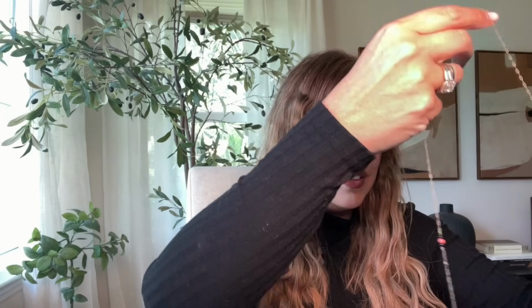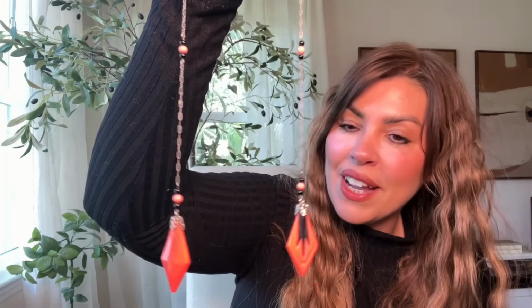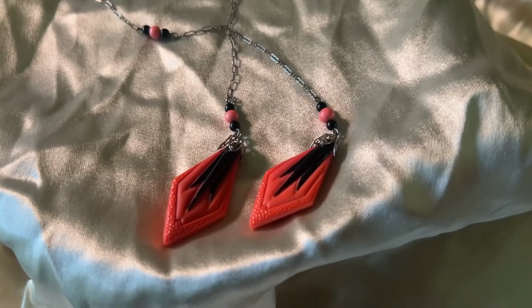Next up, I found this gorgeous Art Deco lariat necklace. It's kind of spinning. Let's hold it still. And I am in absolute love with it. So basically you would just take this, spin it, and tuck it under. And this is just incredible, guys. Art Deco 1930s, sterling silver,